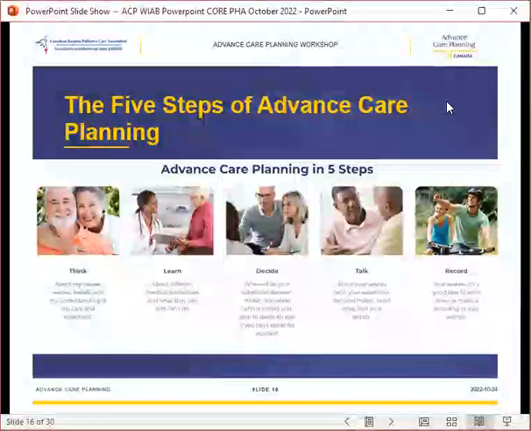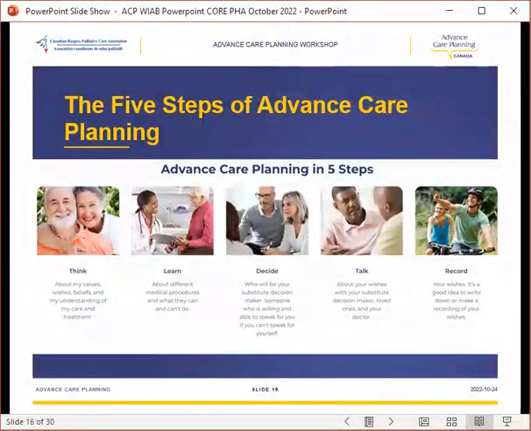So the Canadian Hospice Palliative Care Association of Canada and the Advanced Care Planning Champions have identified these 5 steps to take you through the process of advanced care planning. And the first is to think about one's values, wishes, beliefs, and your understanding of the kind of care and treatment that you would want, to learn about potentially some of those medical interventions, to learn about maybe the legal framework within the province where you live, to decide upon your substitute decision maker, or to validate that,